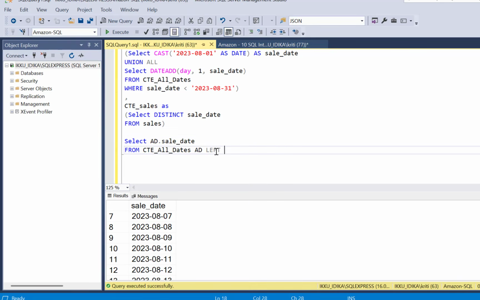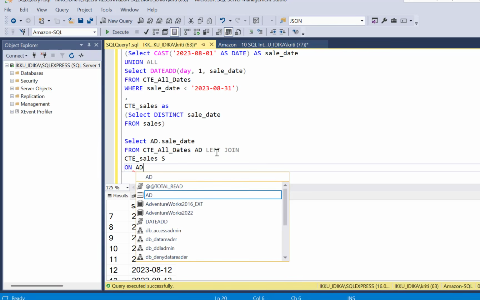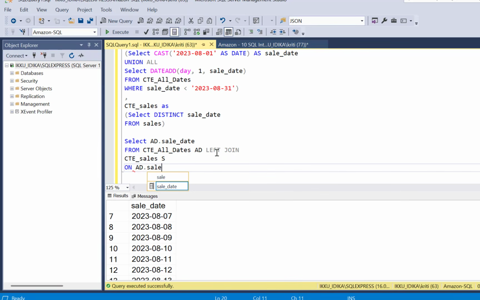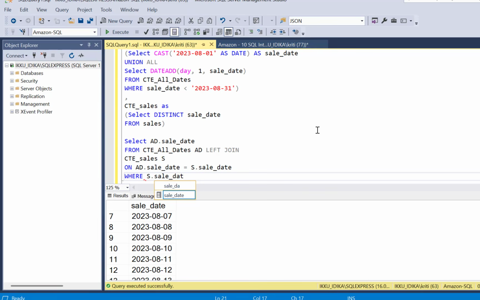And then you're going to left join this with the CTE sales, which has distinct sale dates for the actual sales. Let's call it S, on AD.sale_date is equal to S.sale_date, where S.sale_date